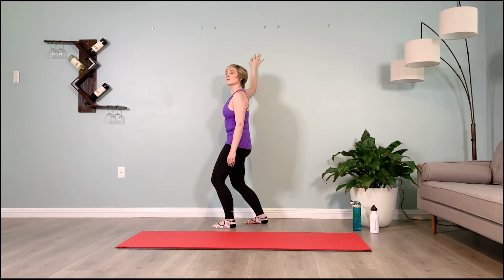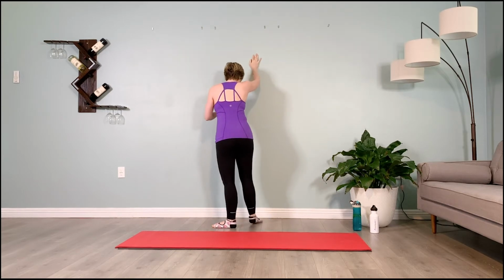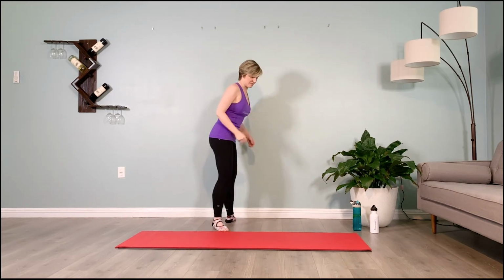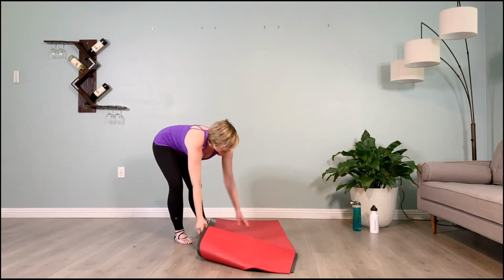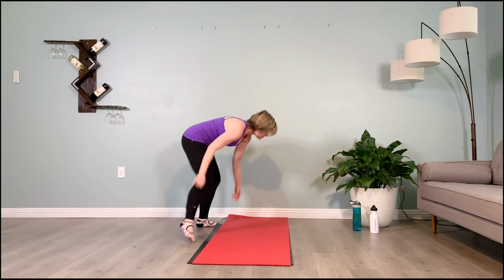Slowly facing the wall. From here, we'll pull our mat over to the wall, coming to sit with our tailbone, upper back against the wall. Sitting up nice and tall, we'll bring our arms into cactus,